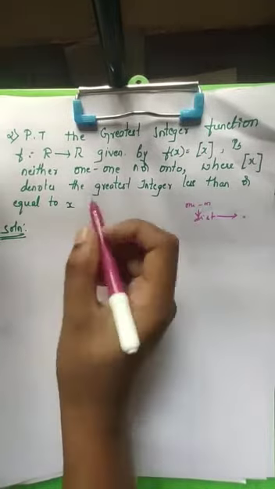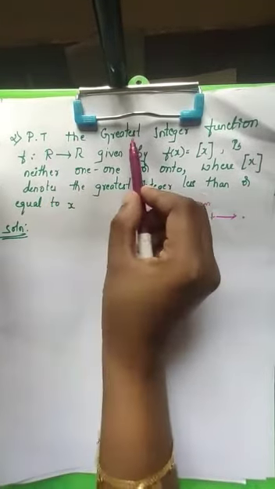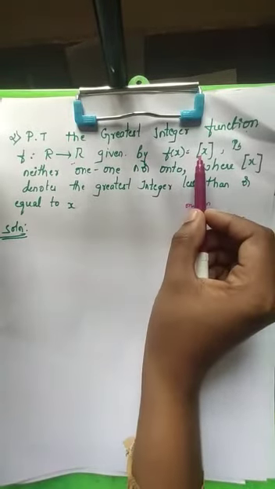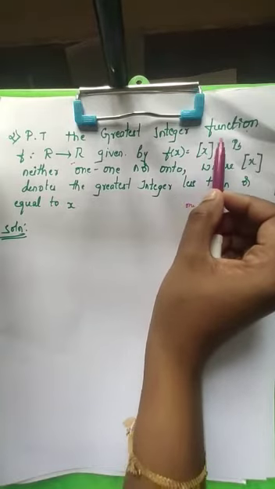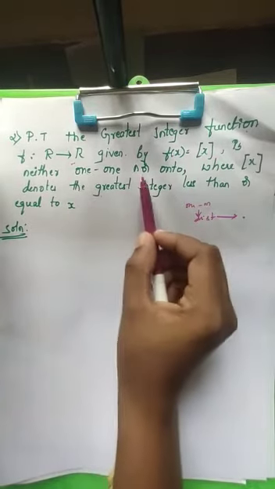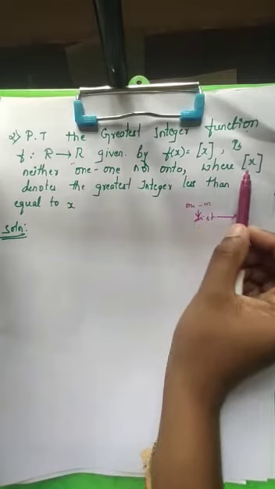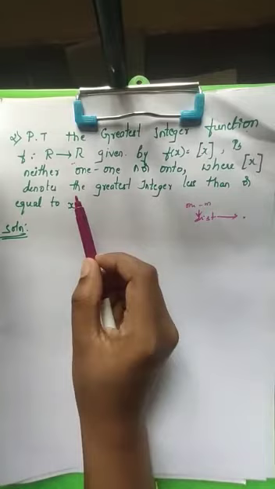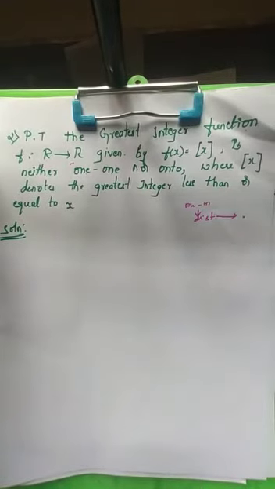So today we'll check our question. Prove that the greatest integer function f from R to R given by f of x is equal to the greatest integer of x is neither 1-1 nor onto, where this denotes the greatest integer less than or equal to x. I hope you know what greatest integer function means, which we have studied in our first few classes, and we have drawn the graph also: what kind of function it is, what its domain is, what its range is, everything we have studied.